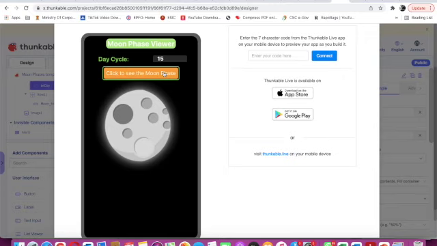If we put the day cycle till 14, and now if we put 16, 17, 18, it will reverse. Okay?